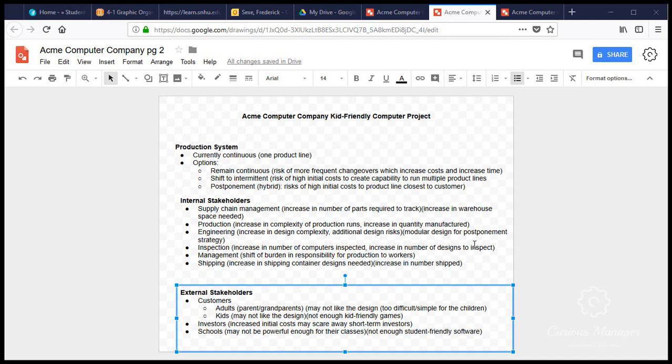Now, production: increasing complexity of production runs, increasing quantity manufactured. So engineering, increase in design complexity. I'm just going to throw something up. There's also additional